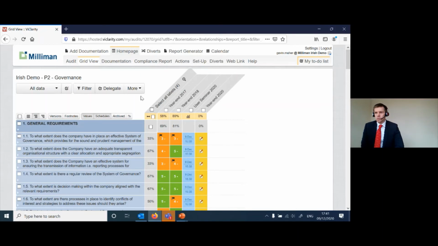I know Gavin's going to show us a bit of the user perspective next, but even just telling people that when you're filling out the answers, do give us a good narrative, because if someone's checking it or looking back over in time, that's really valuable. So back over to you, Gavin, and you can maybe show us that user perspective.